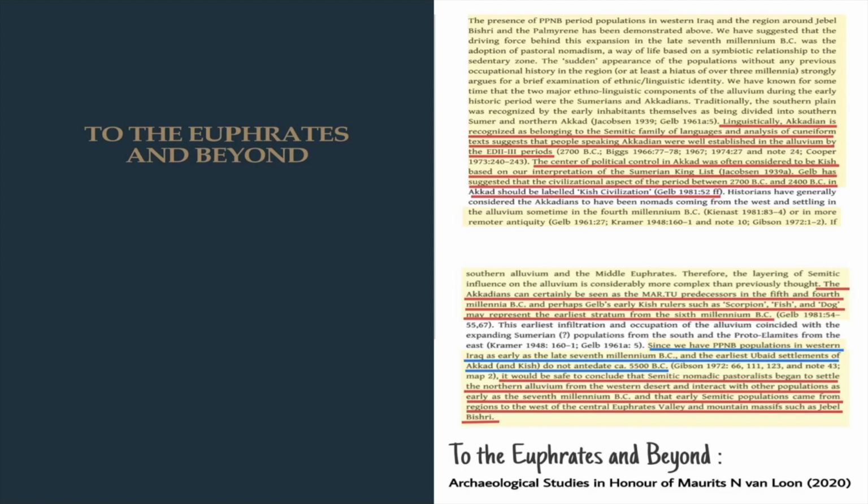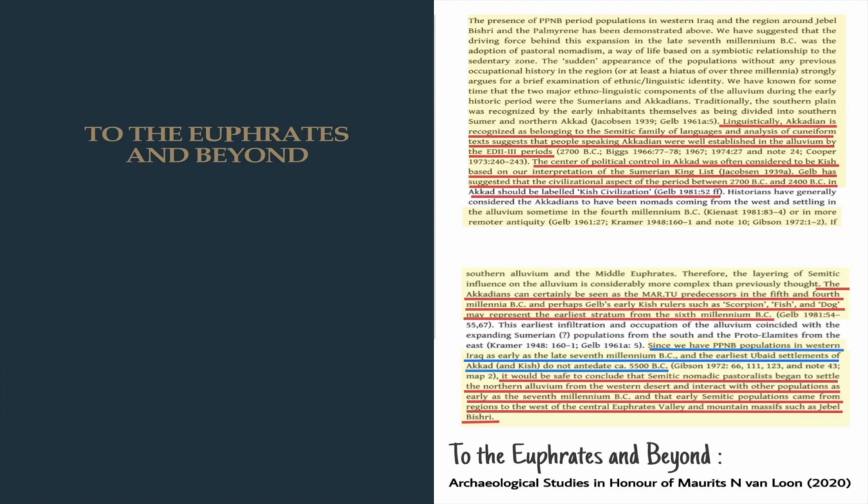The Akkadians can certainly be seen as the Martu predecessors in the 5th and 4th millennium BC, and perhaps Gelb's early Kish rulers, such as Scorpion, Fish, and Dog, may represent the earliest stratum for the 6th millennium BC. Since we have PPNB, pre-Pottery Neolithic B, populations in western Iraq as early as the late 7th millennium BC, and the earliest Ubaid settlements of Akkad and Kish do not